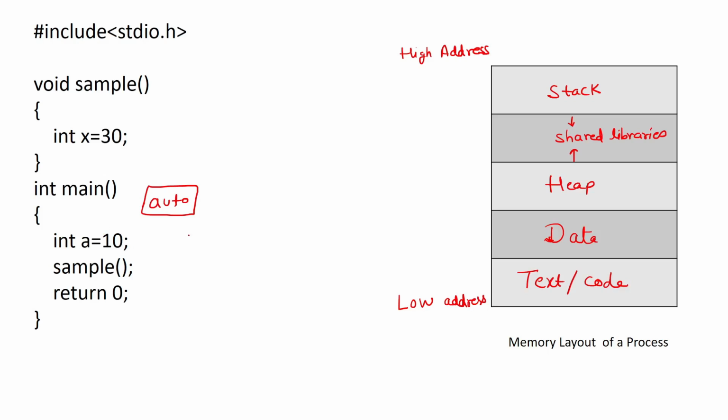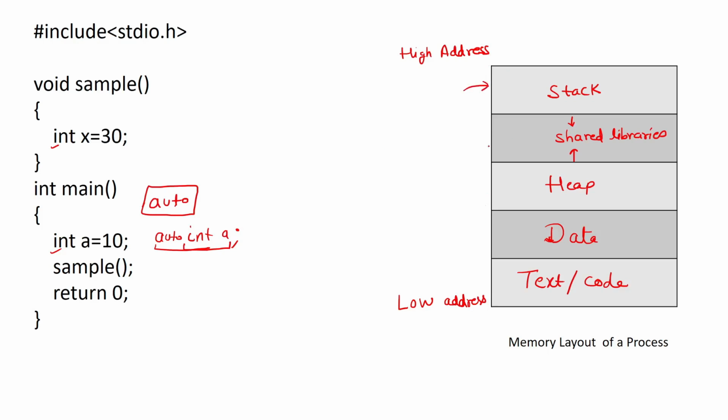When we write a variable, let's say int a, this variable a is actually associated with the auto storage class. Any variable which has no storage class written against it will be of the auto storage class. So auto int a and int a are one and the same thing. This is an auto variable. The same way int x is also associated with the auto storage class. Automatic variables are stored on the stack part